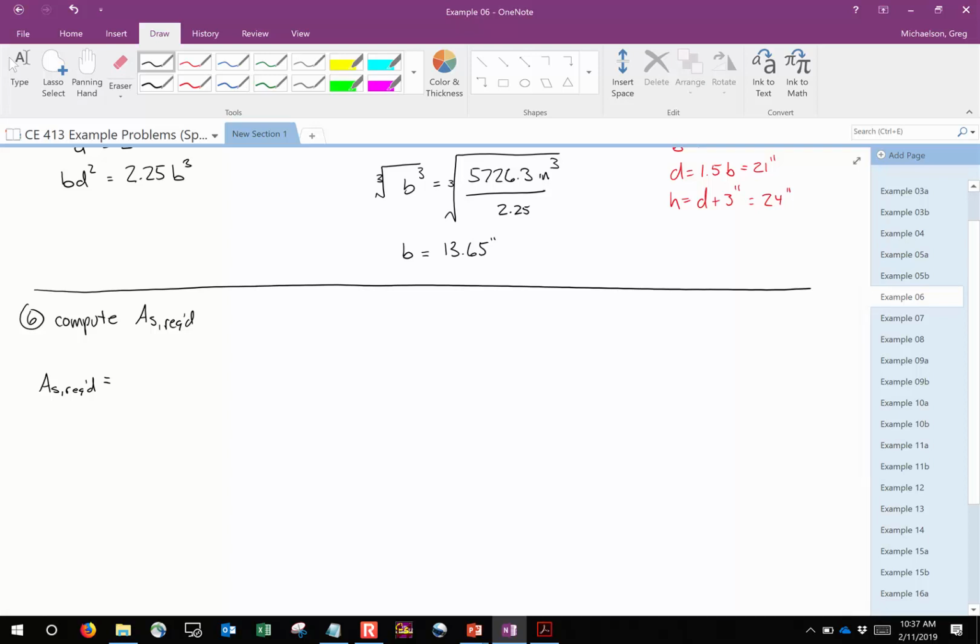But in this instance, because we actually have what the beam looks like, we're going to use the actual physical dimensions of the beam. So in this instance, we're not going to use the 13.65 or whatnot. We're going to use the 14 and the 21. So this is 0.01,